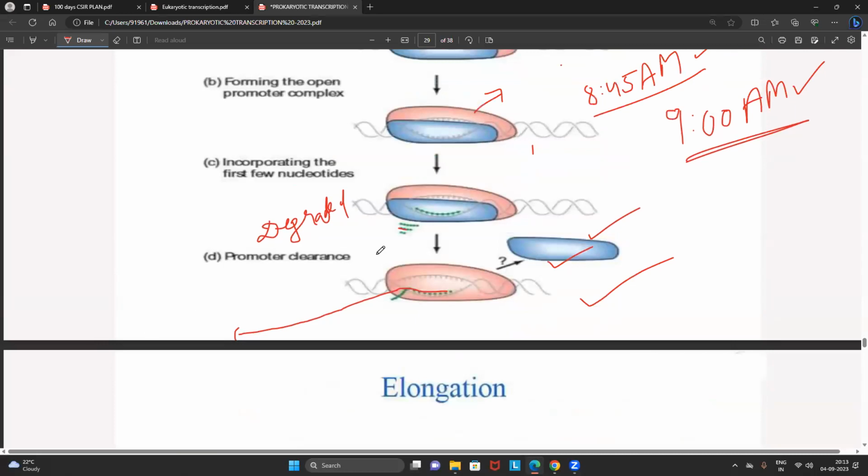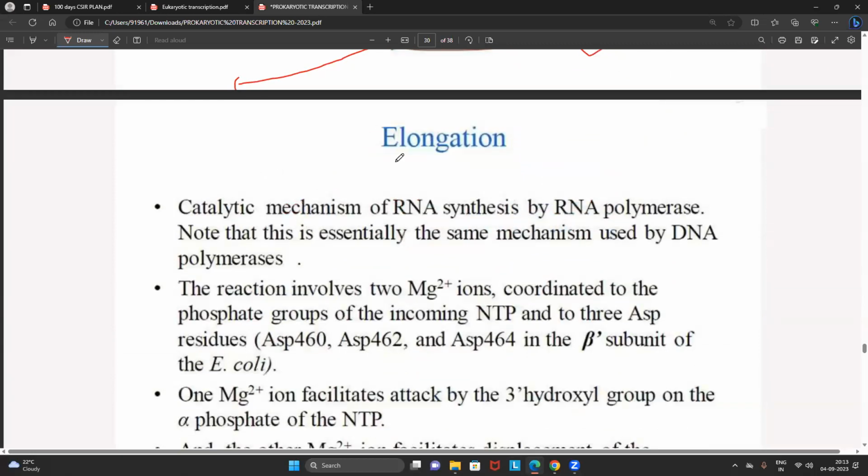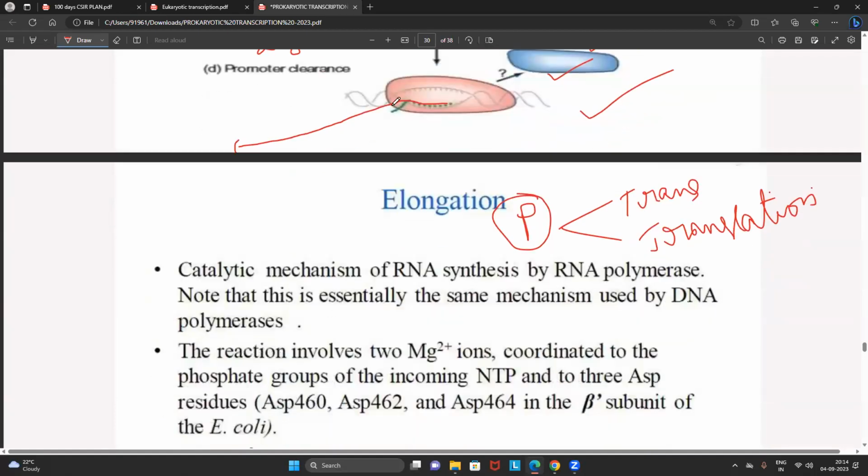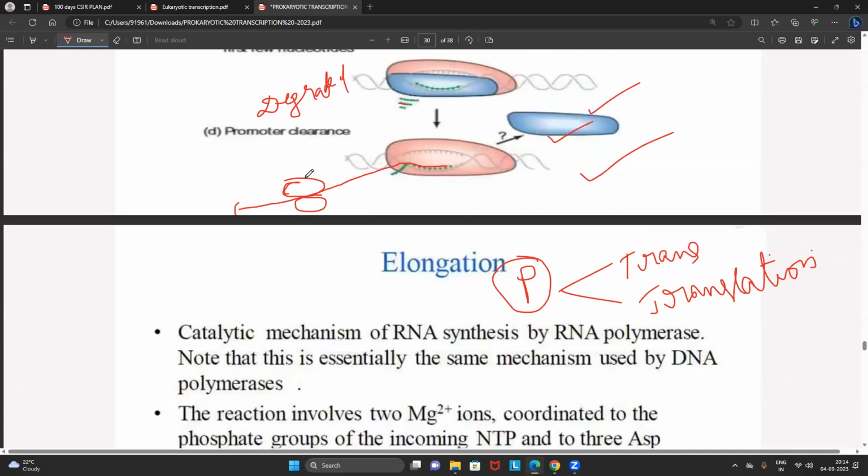Now, RNA is getting synthesized. Every student has to understand my statements very correctly. I'm only using the word prokaryotes. In the case of prokaryotes, listen all the students, transcription and translation occur simultaneously. What is the meaning of that? Whenever RNA comes out, even at least 50 nucleotides of RNA coming out is enough, immediately the ribosome will come. You will see in the animation. And the ribosome starts synthesizing the protein immediately.